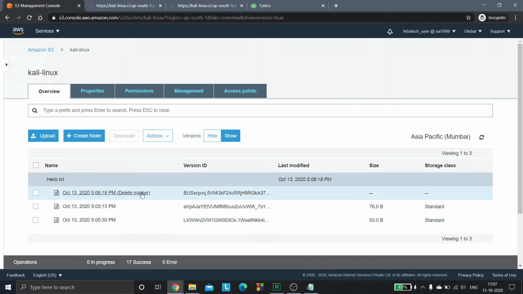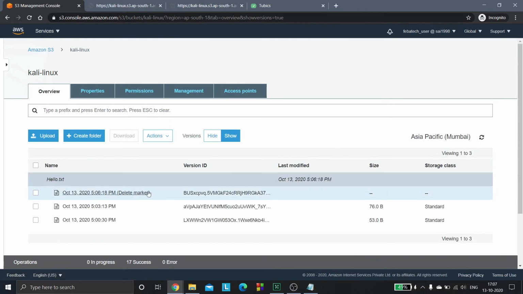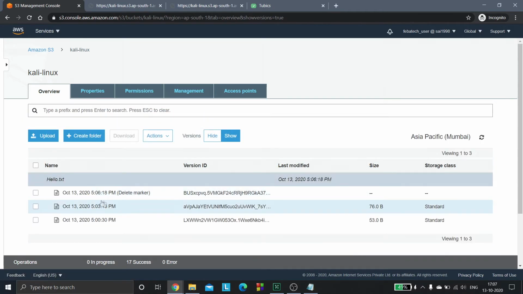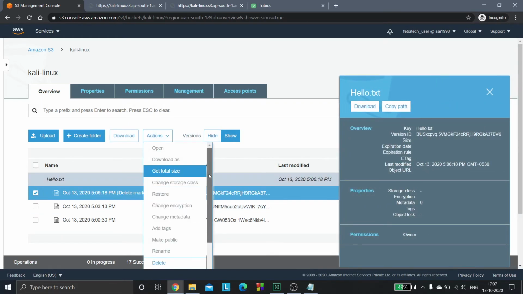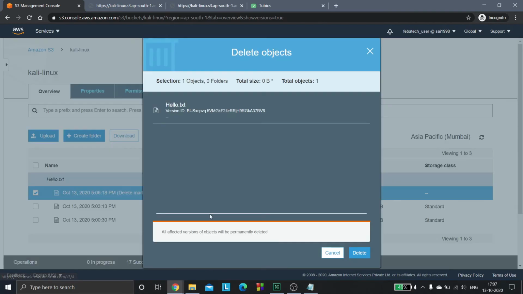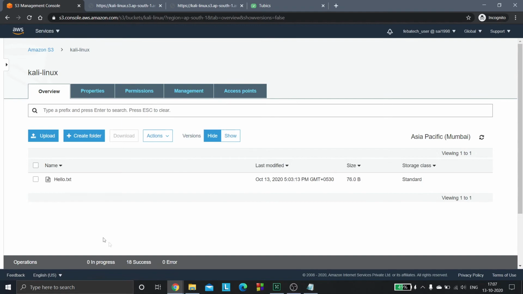The delete marker simply indicates that the hello.txt file has been deleted. If you want to restore that file, you can click on this, click on actions and click delete. If we do that and go back to this page, then you will have it again.